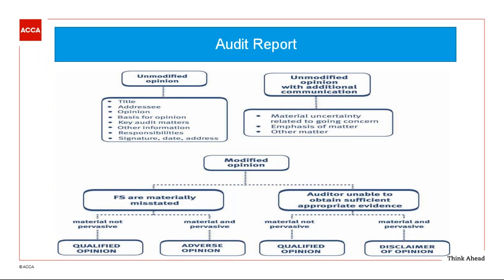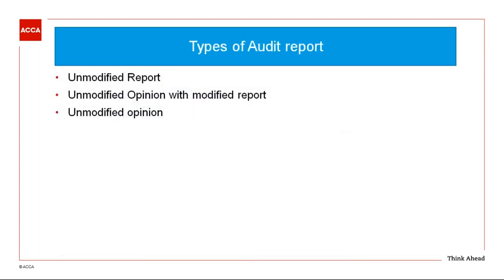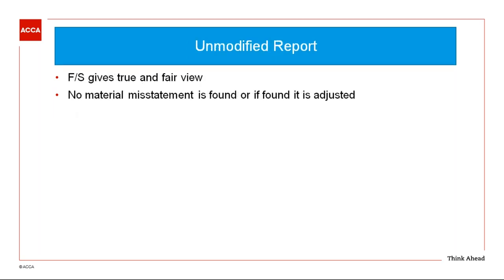So if you are aware of these ISA numbers, and if you can use them under exam conditions, and if you can write the responsibility and the liability of auditor under exam condition, then you can earn good marks. It will give a good impression on the examiner that emphasis of matter paragraph is included according to ISA 706. So you need to understand that there are three types of audit reports.